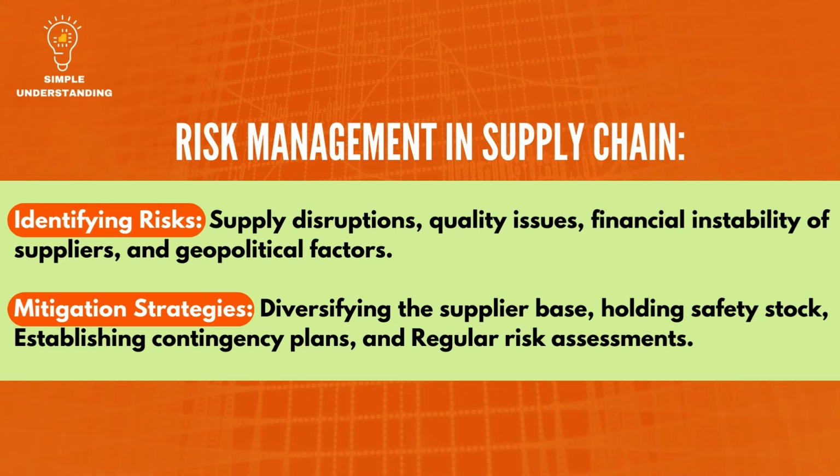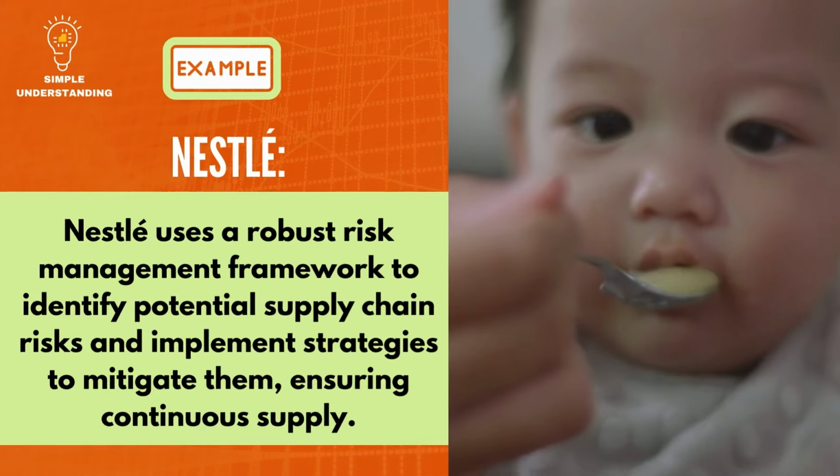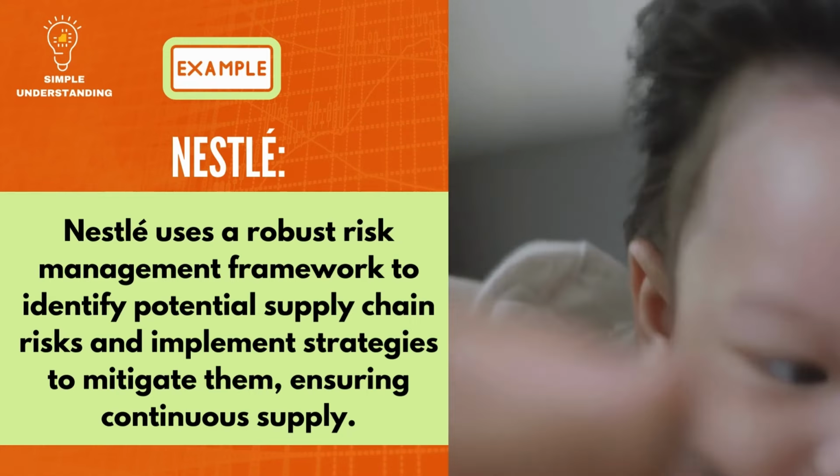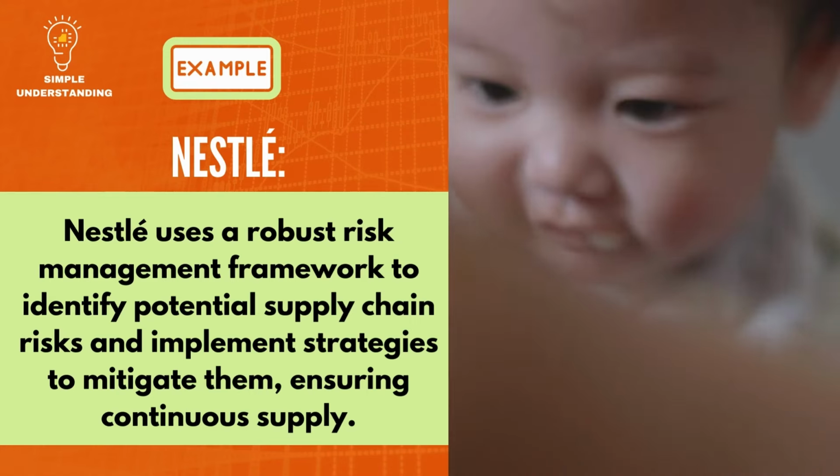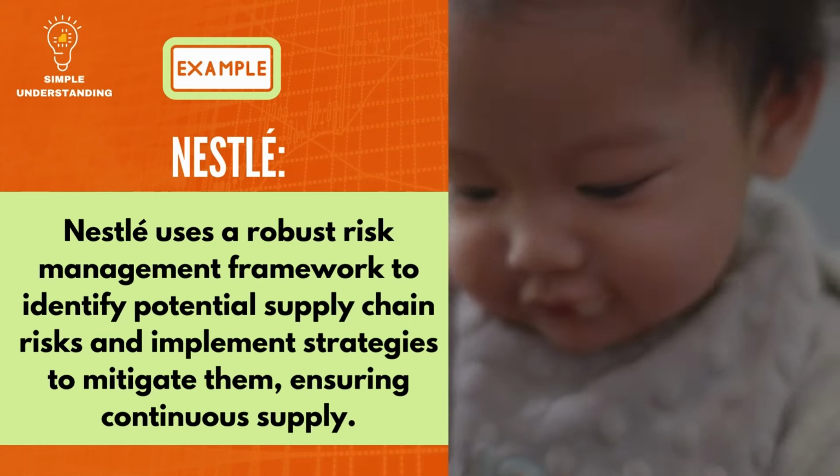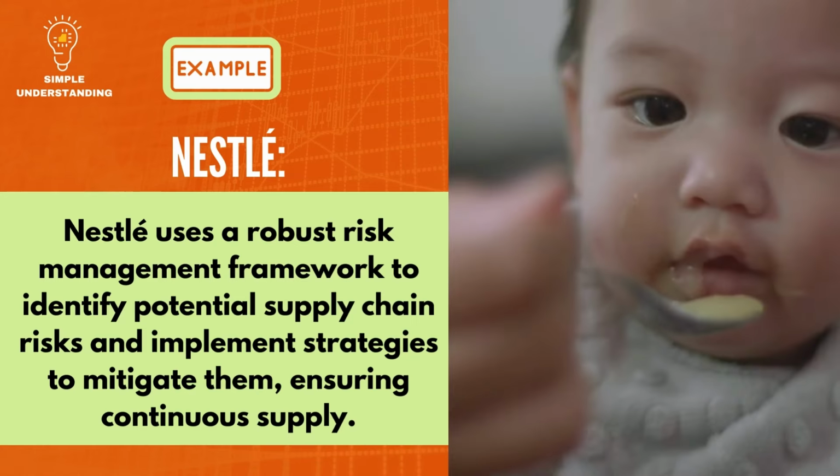6. Risk management in supply chain. Identifying risks. Supply disruptions. Quality issues. Financial instability of suppliers. Geopolitical factors. Mitigation strategies. Diversifying the supplier base. Holding safety stock. Establishing contingency plans. Regular risk assessments. Example: Nestlé. Nestlé uses a robust risk management framework to identify potential supply chain risks and implement strategies to mitigate them, ensuring